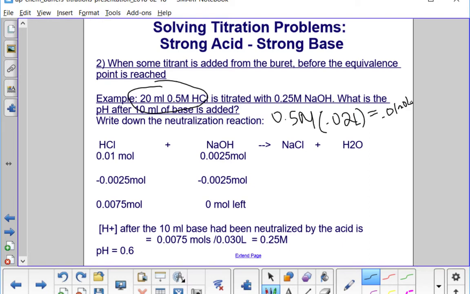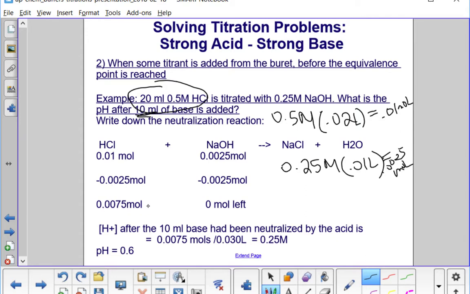Same thing with the NaOH. I have 0.25 molar, and I've added 10 milliliters, so 0.01 liters. That's where I get this 0.0025 moles. Okay, 0.01 times 0.25 is 0.0025. Okay? Now, we're not at the equivalence point yet, right? So we're going to use up all of the base that's been added. So I use up all of that base, use up some of my acid,